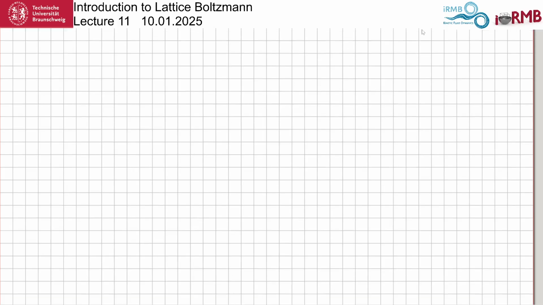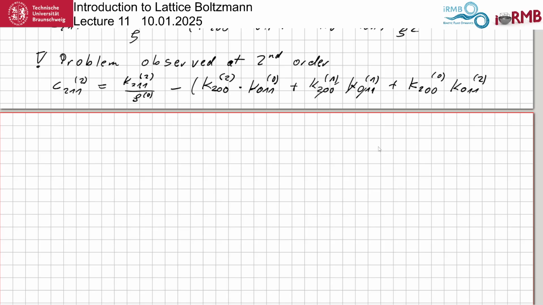and I have to continue on the next page, plus 2K110 to second order, K101 to zero order. Now you notice this is constant, so it will disappear, K110 to zero order, I made a mistake here, K101 to second order, plus again these guys here to first order, which of course,